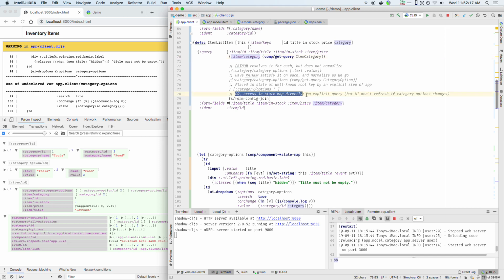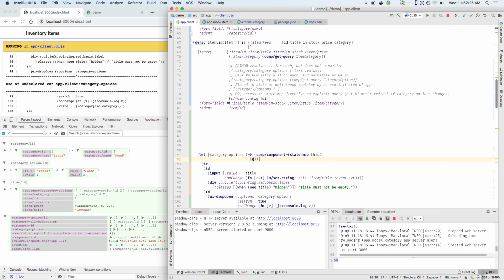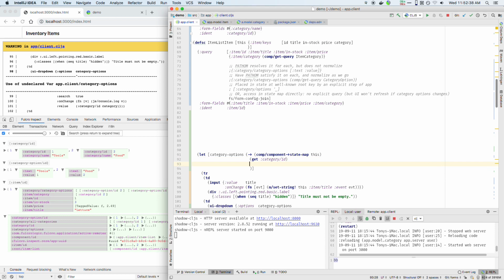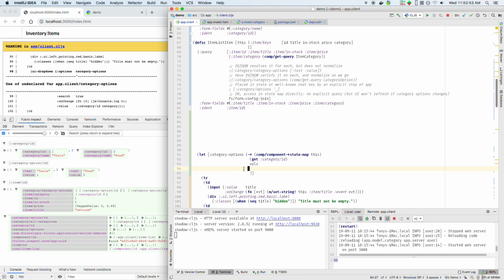So that's where this option comment here is. So you can access this map directly, and I can say, all right, well, category options is let's thread the state map through a get in, no, just a get of category ID. Right, so I've got the category ID table. That's going to be all these maps in the category ID table, and then I can say, okay, well, let's get the vals up,